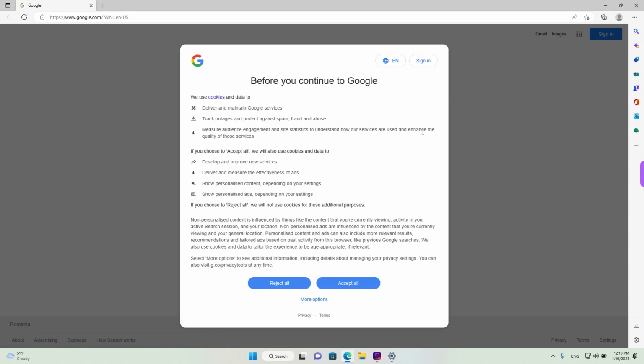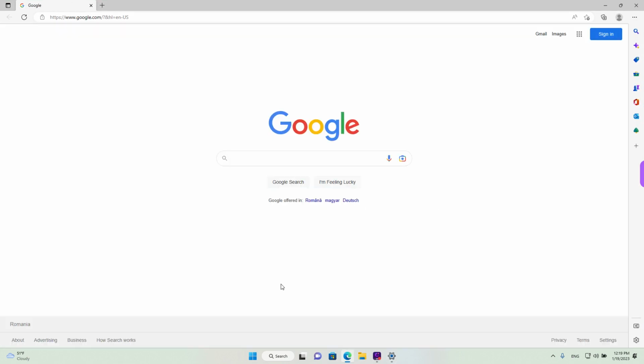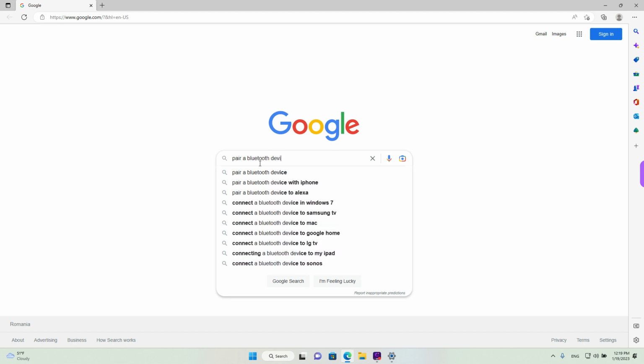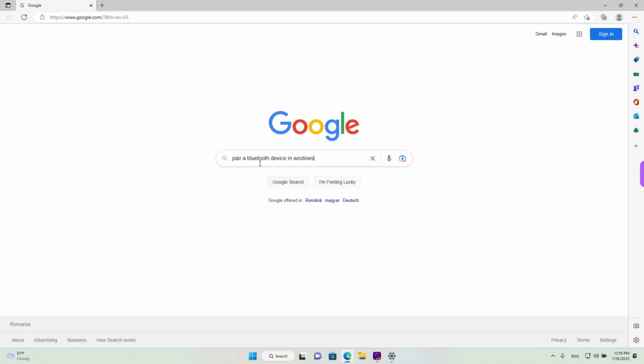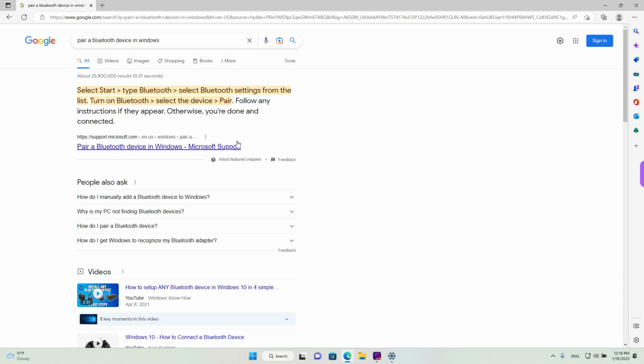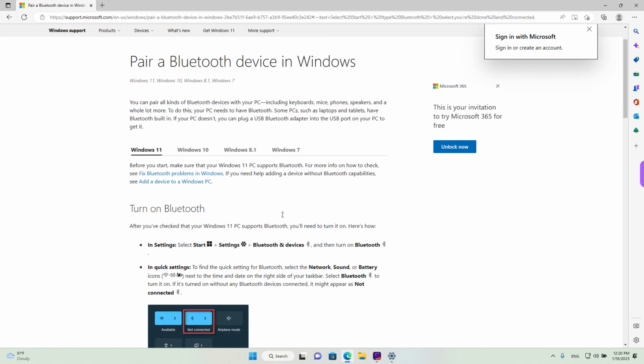There's also an article on support.microsoft.com. I'm gonna show you how to get there. Just search for pair a Bluetooth device in Windows and press enter. And there's this article with the same title on support.microsoft.com. If you left click on the link, it will open, and over here you can see how to turn on Bluetooth,